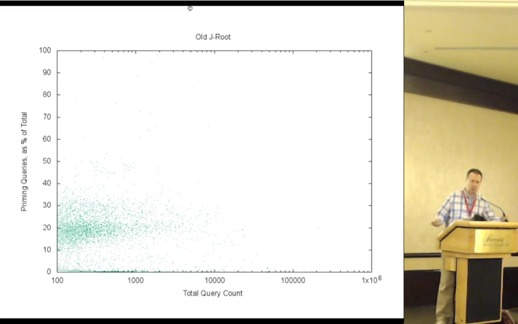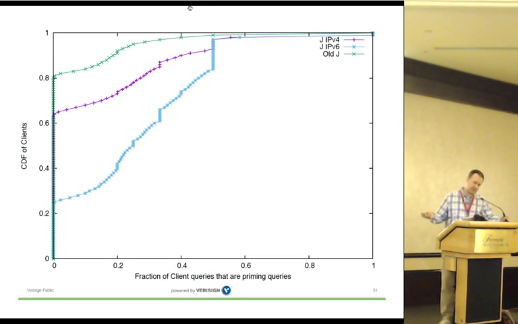This is what it looks like for old JRoot. And again, there are not as many points, but we see this little smattering of dots around this 20% line. And again, this is just the same data, except it's displayed a little bit differently. This is a cumulative distribution function. For example, this green line is the old JRoot. And the fact that it goes from 0 to 80% along this axis says that something like 80% of the clients hitting old JRoot